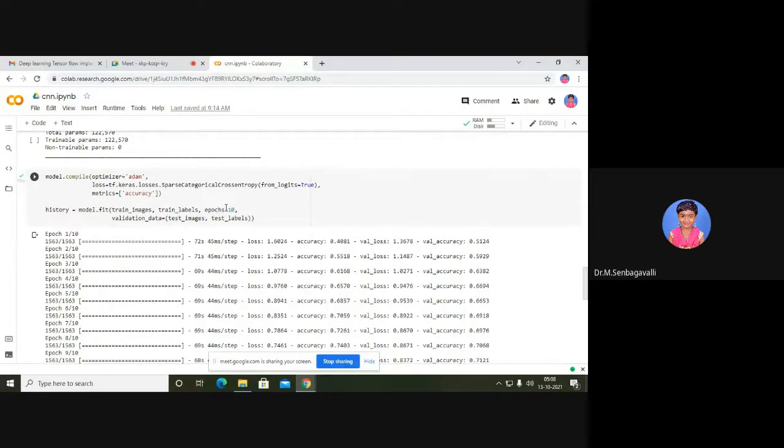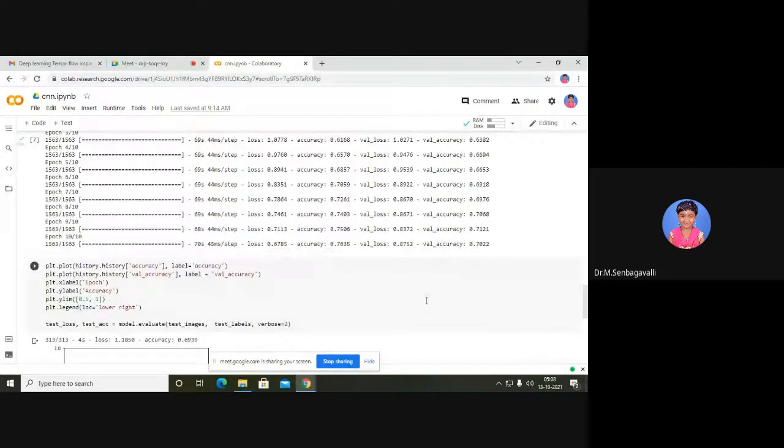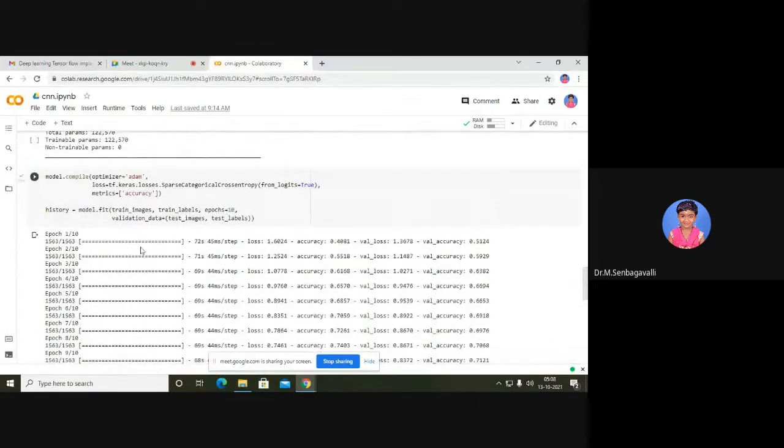And here, not only in deep learning, in machine learning also we have a keyword like epoch. This is a term which is used in machine learning concepts, and it indicates the number of passes of the entire training data set. How many passes, like this is pass 1, pass 2, pass 3, up to n number of passes we can do. And totally we have given epochs 10, so 10 iterations it will do. You just see the difference.